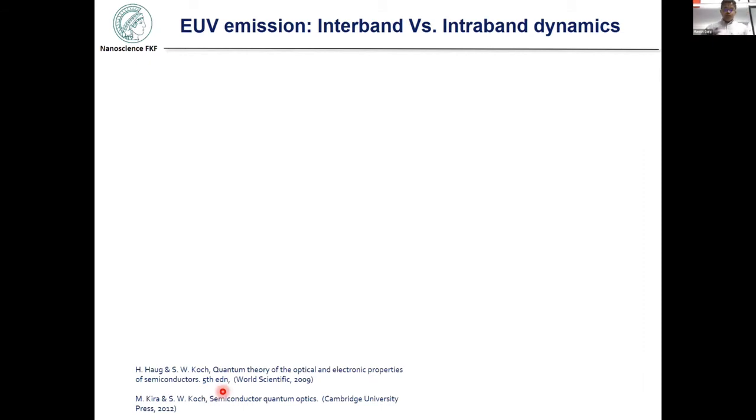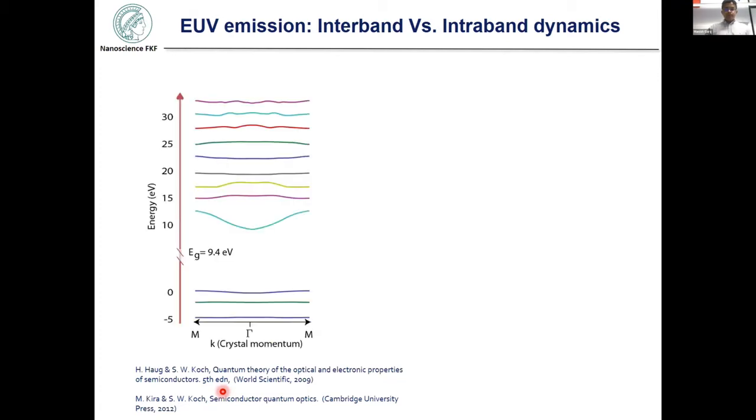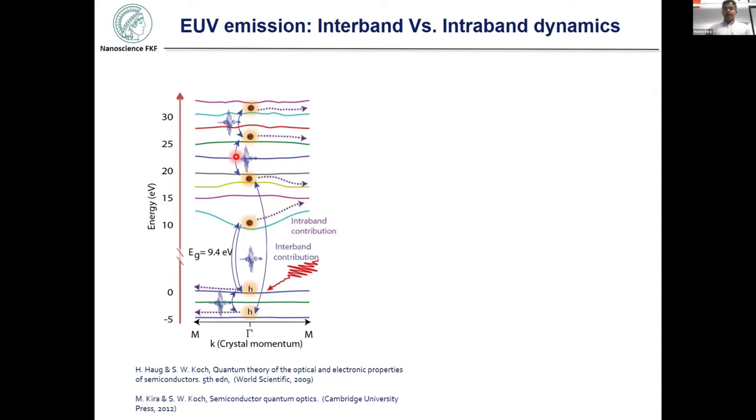Now we will go back to the temporal characteristics of the currents that you induce in solids. When you shoot intense optical pulses into SiO2, for example, you generate carriers: holes in the valence band and electrons in the conduction band. These electrons and holes are dipole coupled to each other, and this dipole coupling leads to interband polarization. At the same time, there is of course the motion of carriers in the individual bands, and this leads to the intraband contribution, or the intraband current.